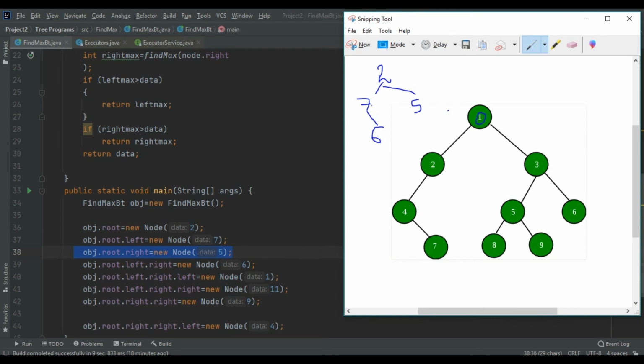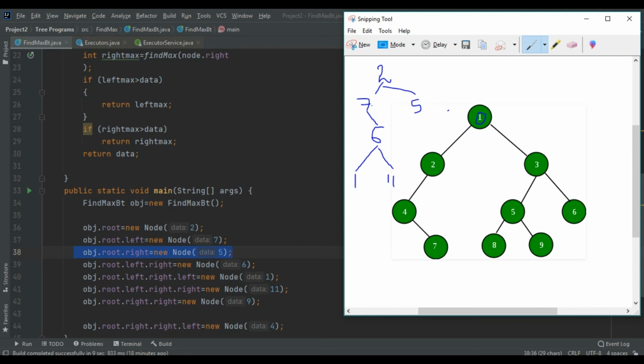Now obj.root.left.right.left is 1. Understood? And now obj.root.left.right is 11.